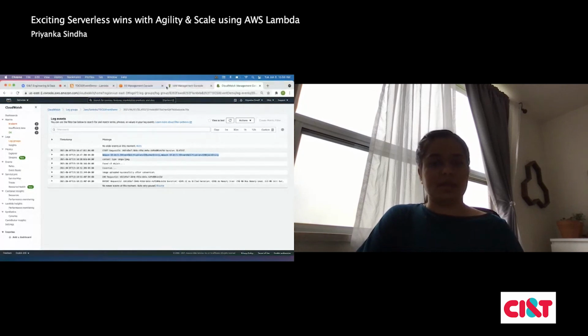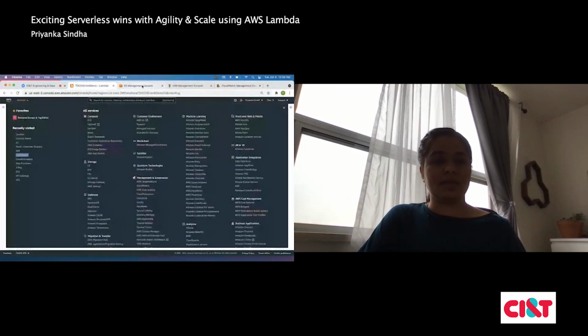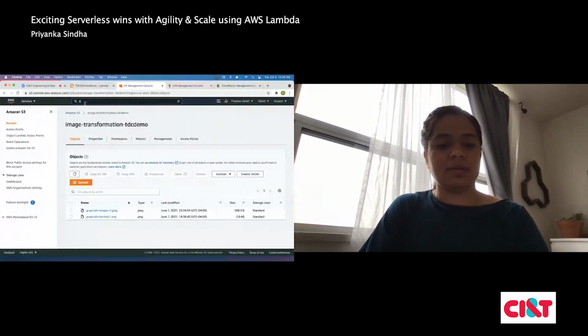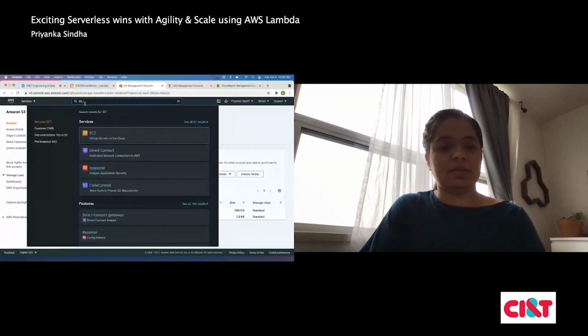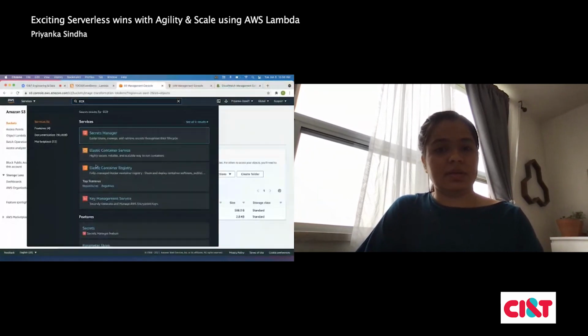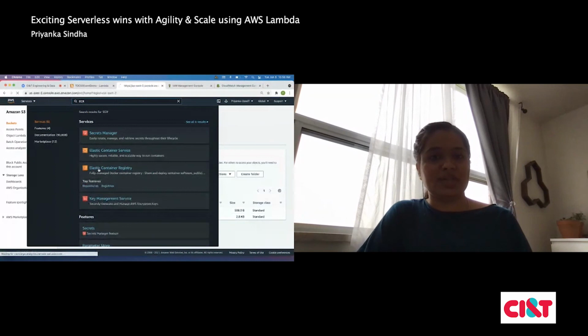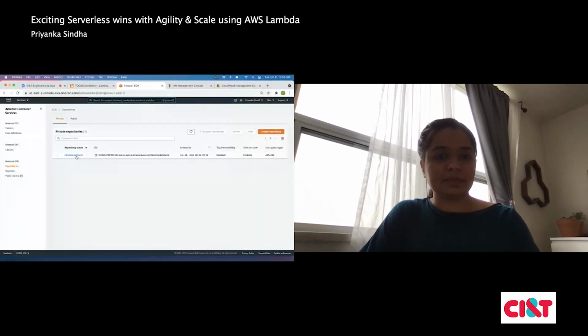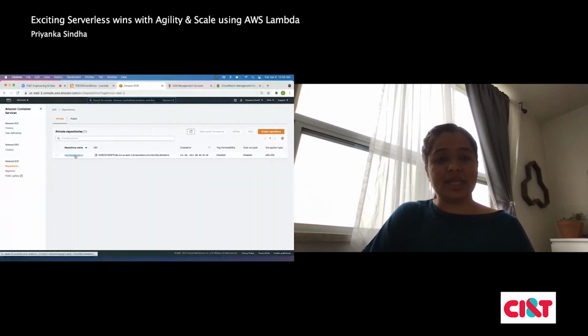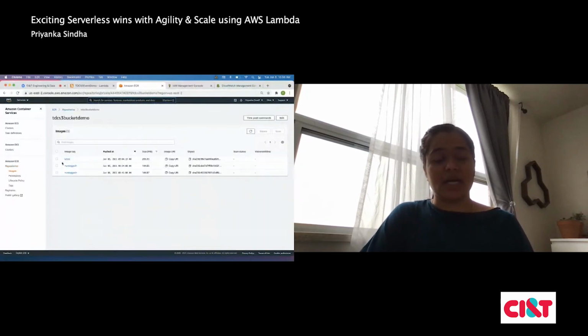Now one thing I will show is the ECR repo, for the image type. Earlier I mentioned that we have a function whose package type is image. You can see that the image is uploaded here with the latest tag.